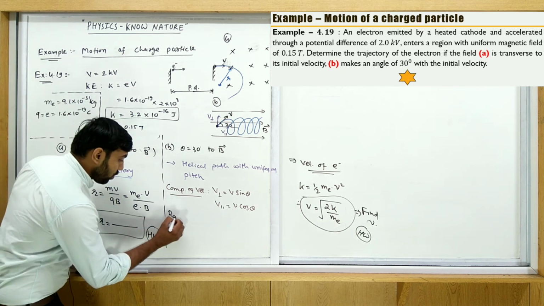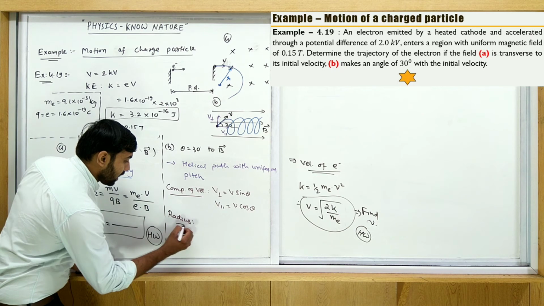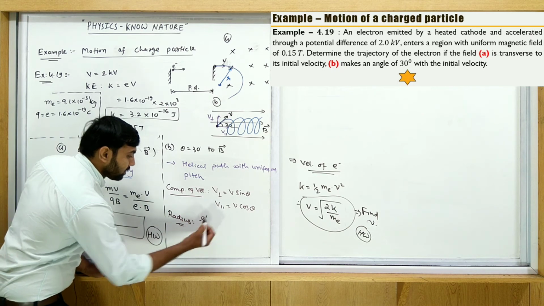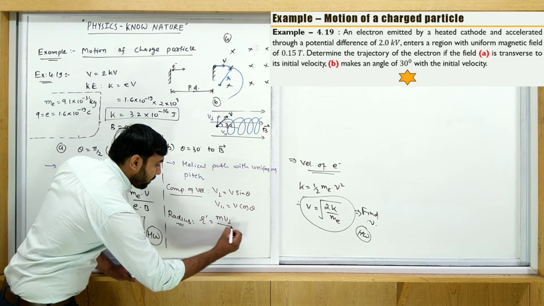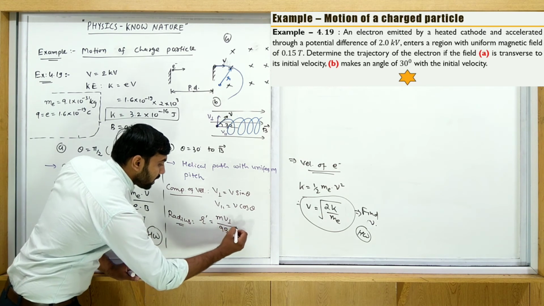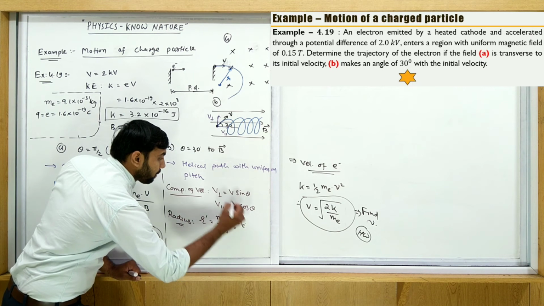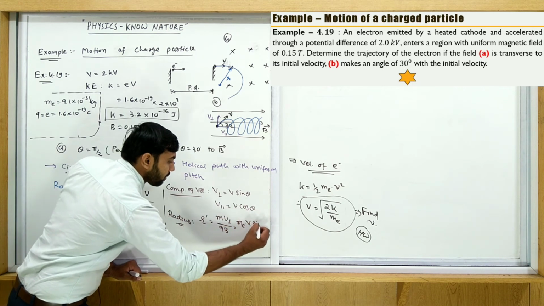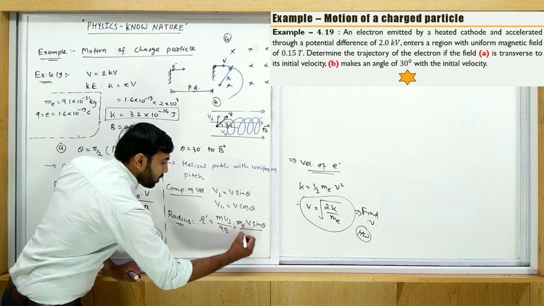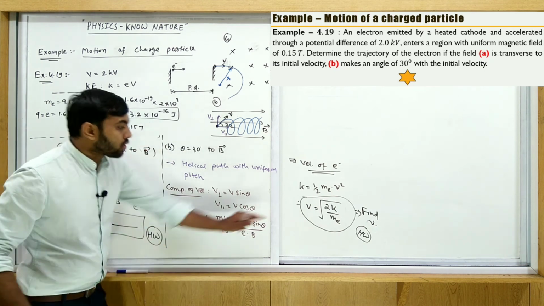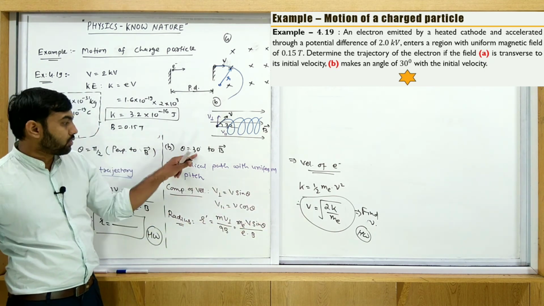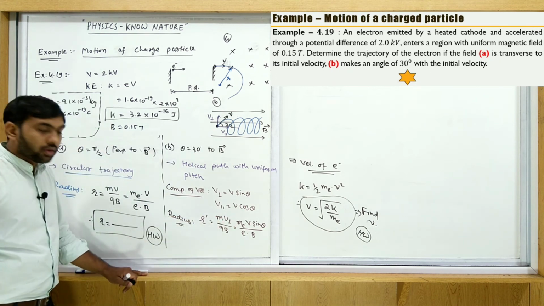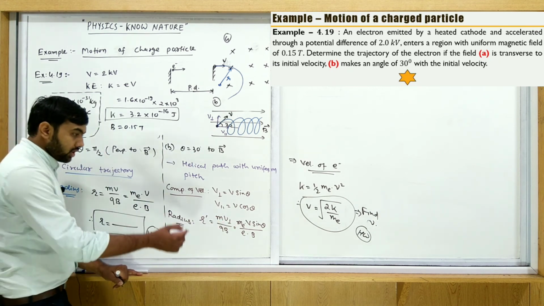If you want to find the radius, consider R dash. R dash is equal to m v perpendicular upon qB. It means m electron, V perpendicular means V sin theta, upon q which is e, into B. V is known, V is the same, theta is 30. In this case theta is equal to 30. So this is our answer. Put the values, you get the answer. The calculation is homework.